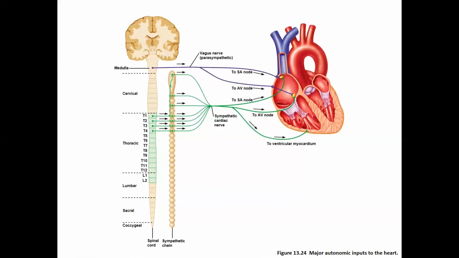The sympathetic division, on the other hand, this is coming from the upper part of the sympathetic trunk, right? Remember the structure, the sympathetic trunk. The upper fibers here are going to influence the heart, and they're going to innervate the SA node, the AV node, and the ventricular myocardium. So they are going to influence the contractile cells of the ventricle. Right, so I'll reiterate that. The parasympathetic fibers do not influence ventricular contraction. They do not innervate those contractile cells. Only the pacemaker cells of the SA